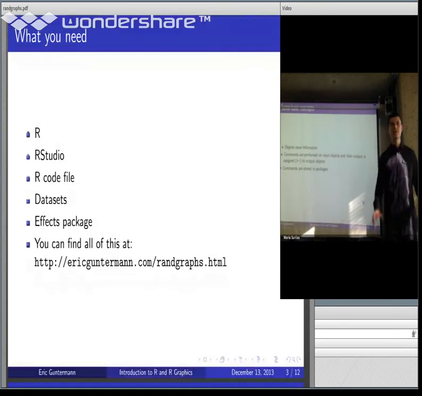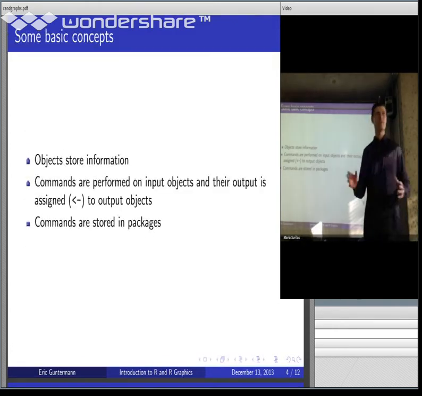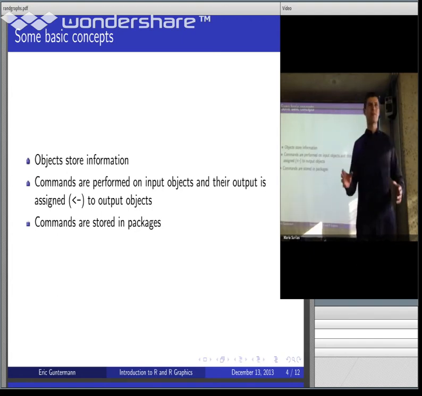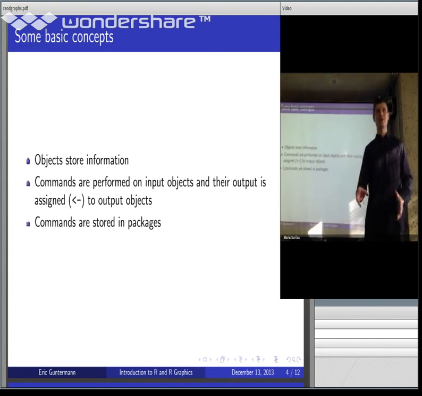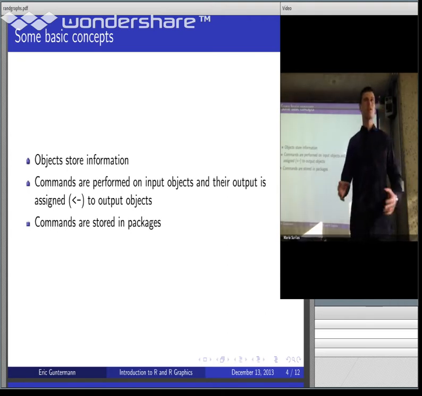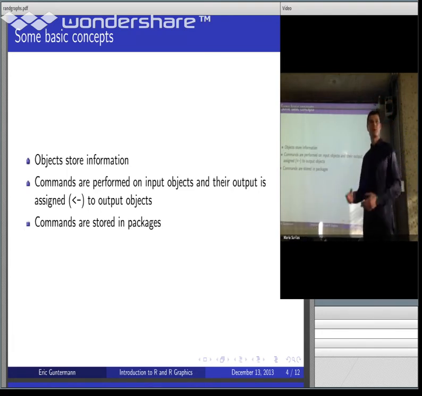Okay, so we're going to start with some very basic concepts of R, and I think this is going to make it very simple, because you should understand that R is all about objects. It's working with objects. So you take objects, and you do something to them, and you create other objects. So objects essentially are computer creations that store information. It's a bit abstract, but just think that what R does is create these objects, which are things that store information. Information of many different types. They can be numbers, they can be words, they can be graphs, they can be tables,